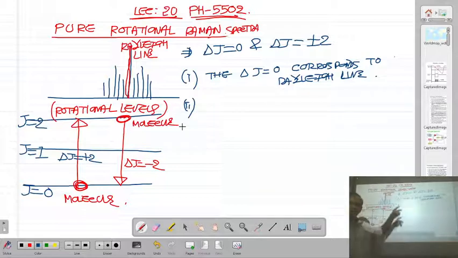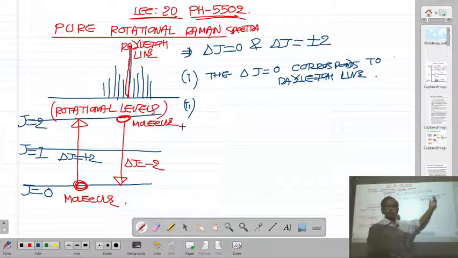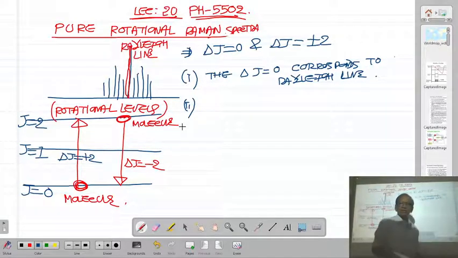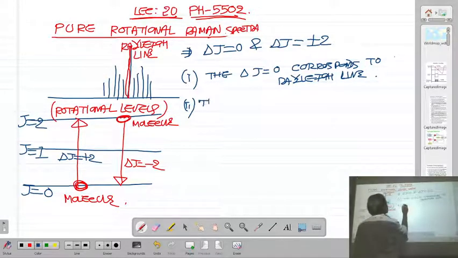So the transition corresponding to delta J equal to 0, meaning J dash is equal to J double dash, the difference of rotational quantum number is 0. That will give a Rayleigh line. Second, the transitions